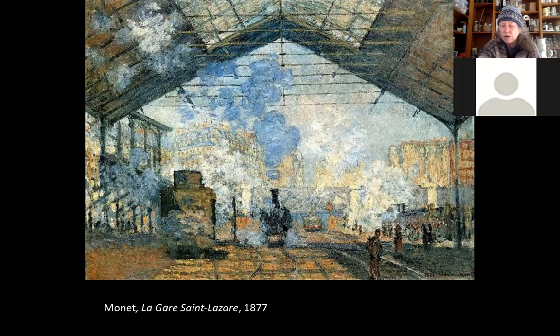To us, this looks like an old-fashioned train with a steam engine and a smokestack and steam coming out of the train. How quaint and picturesque. But in the 19th century, that was not quaint and picturesque. It was just what trains looked like. Again, it would be like if you went to the airport and started painting a Southwest Airlines plane. People would think it was kind of weird.